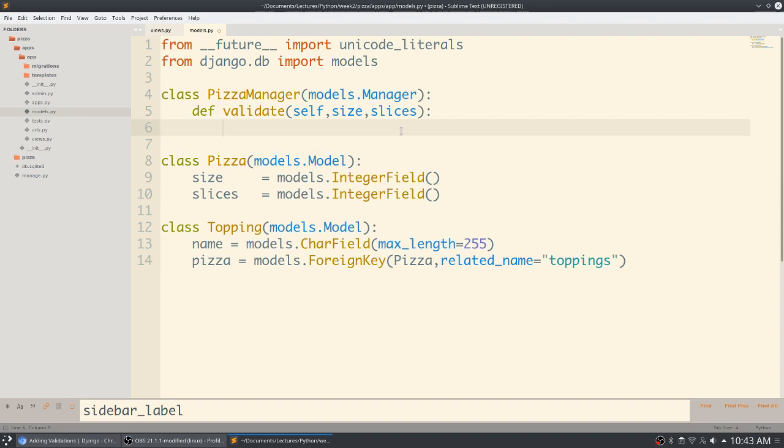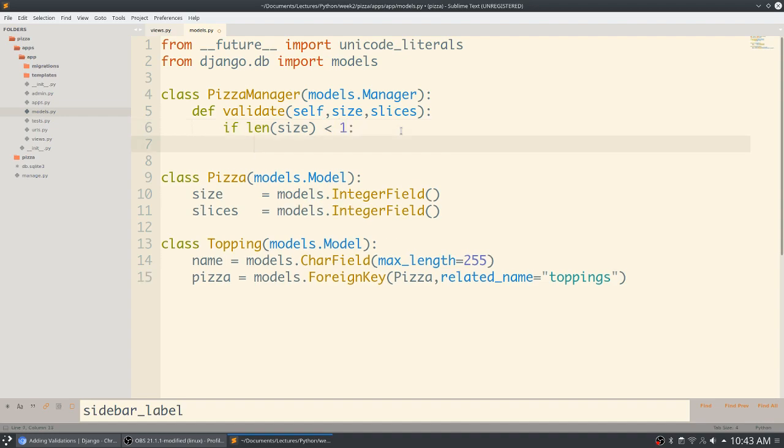And then inside of here, we can just do some basic checks. Basically what we want to know is if there are issues with it. Because these are strings, or numbers actually, we can make sure that they're inside of here. So generally what you would want to do is say if the length of this size string is less than 1, then we know that you didn't put anything inside of it, right? It's an empty string. But with a number, we can say if the number, I suppose, or the size is less than 0,